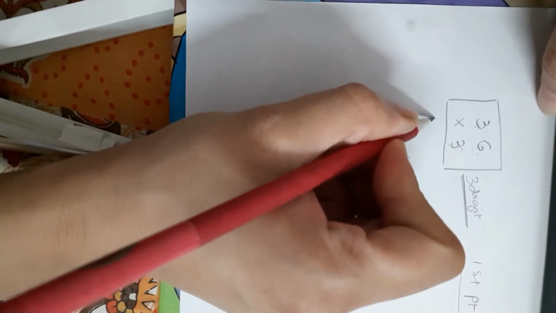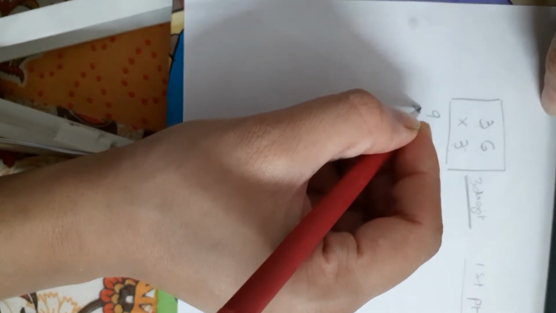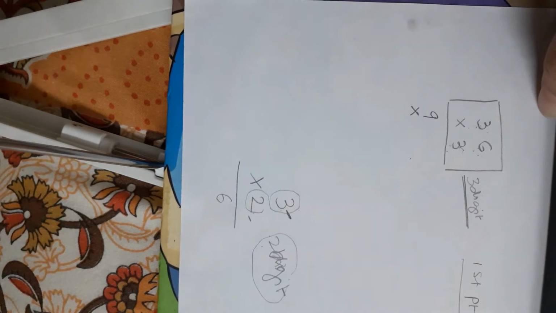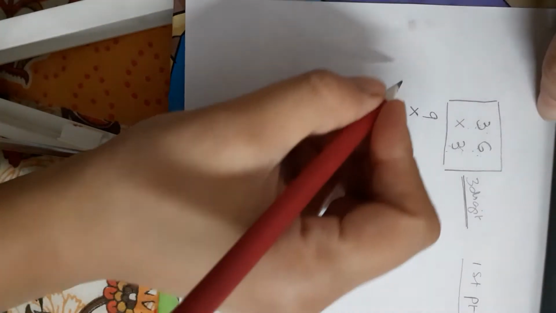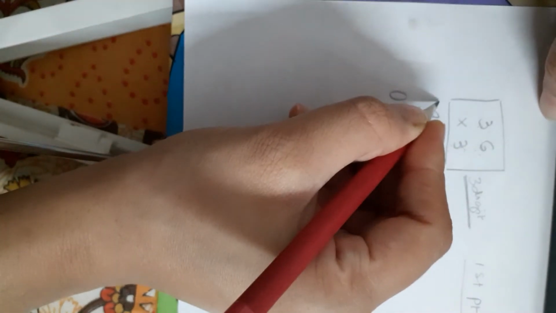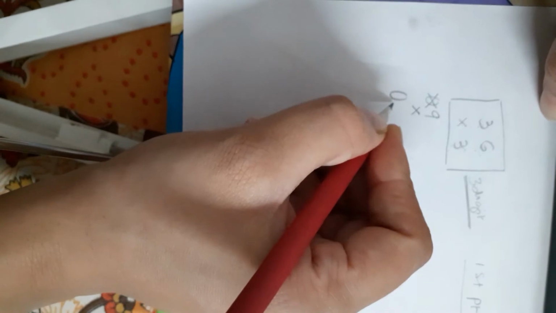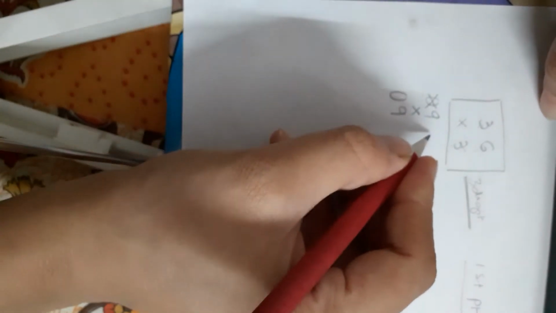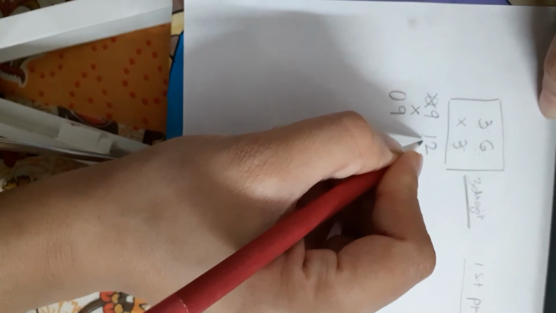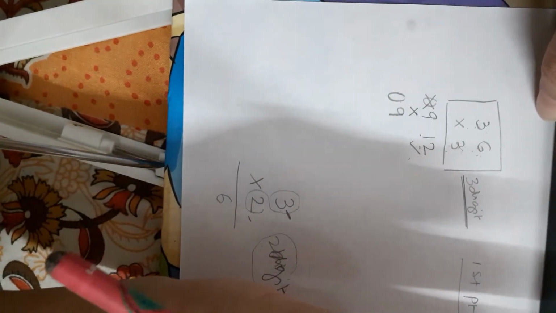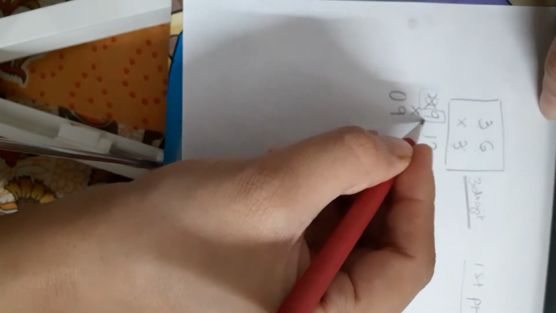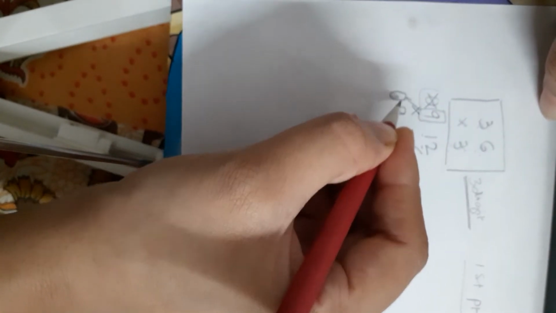3 into 3 is 9, right? We will not take any single digit number. We always make it a 2 digit number. For 9, if you want to make it a 2 digit number, I place 0. The 0 has no value, right? So we'll put 0 and 9 instead of only putting 9. Second example: if it is a 2 digit number, it is okay, I will not make it a 3 digit number. I'll put it as it is. But if it is a 1 digit number, I need to add 0 and put 0 and 9.